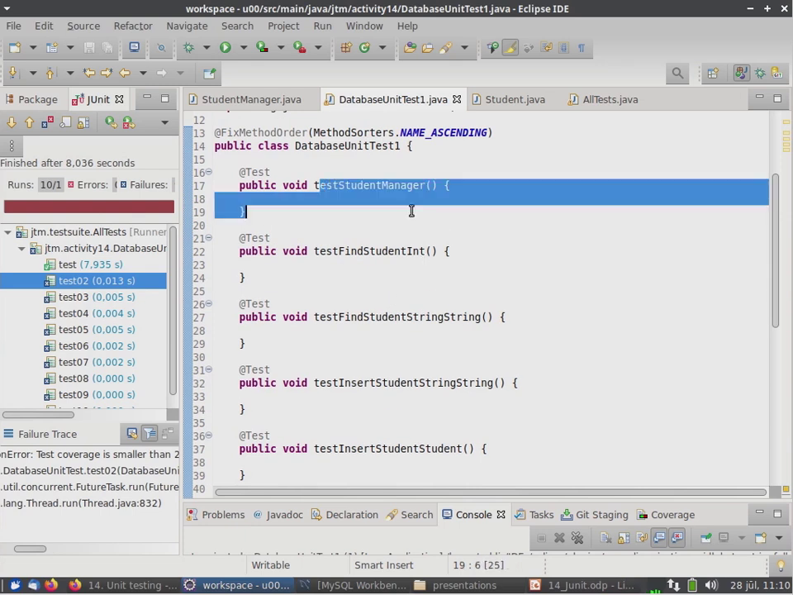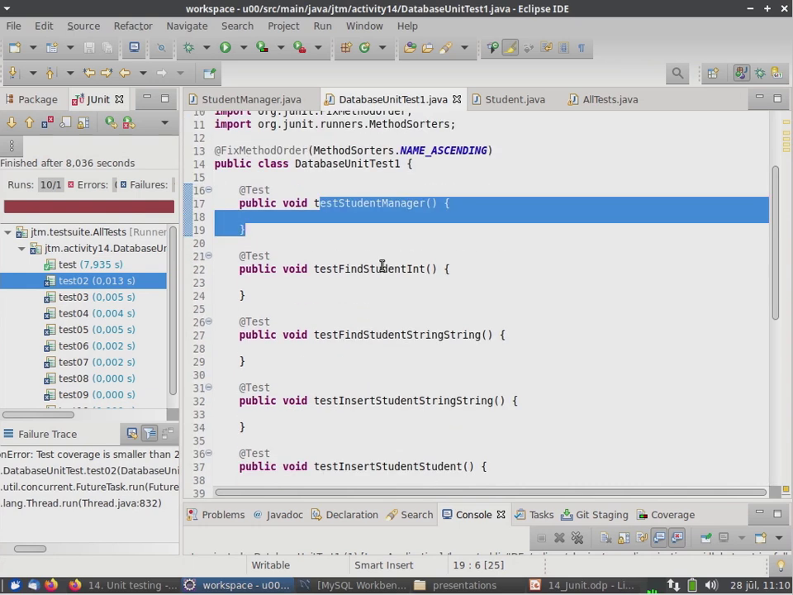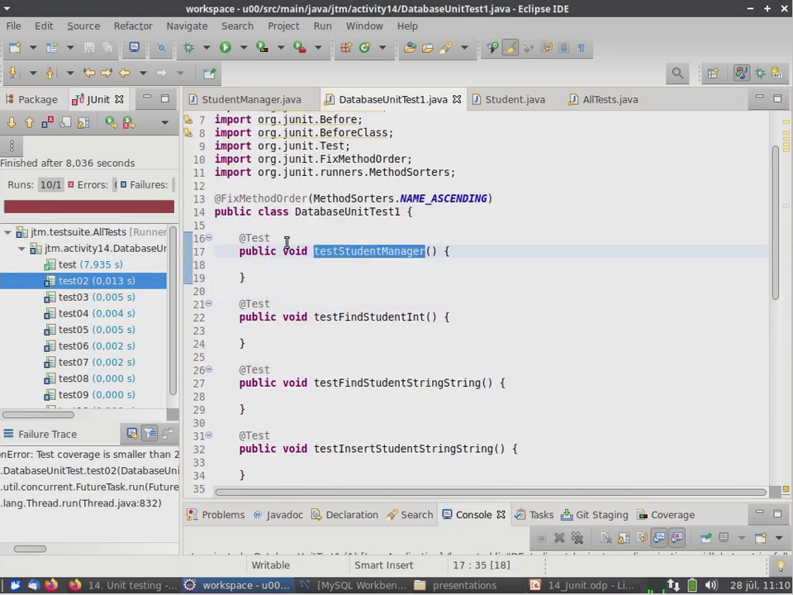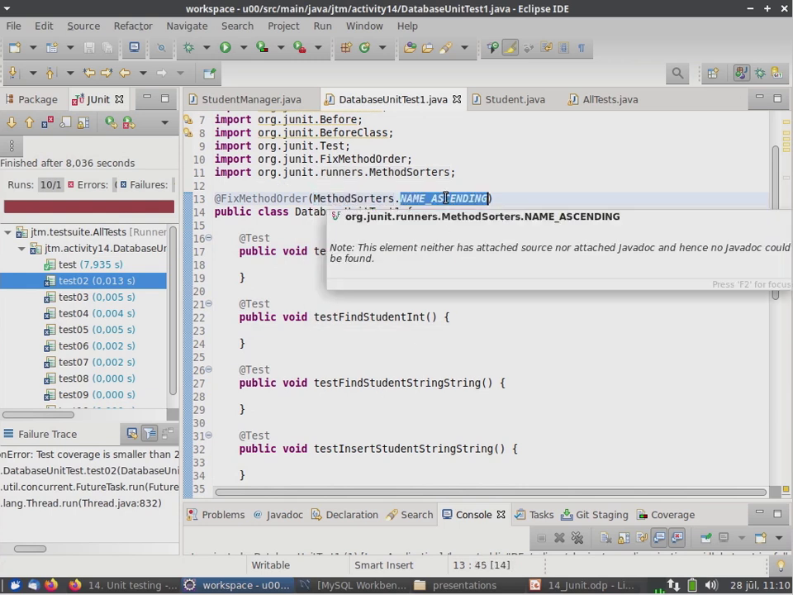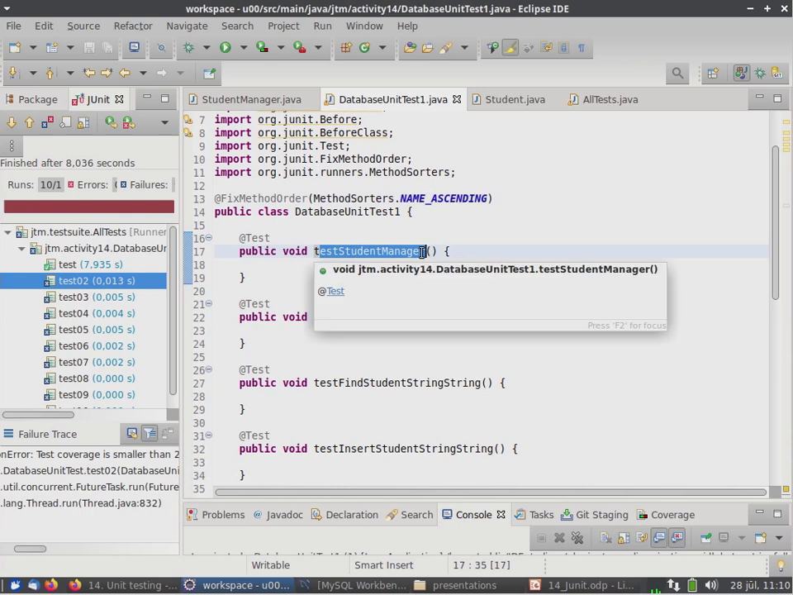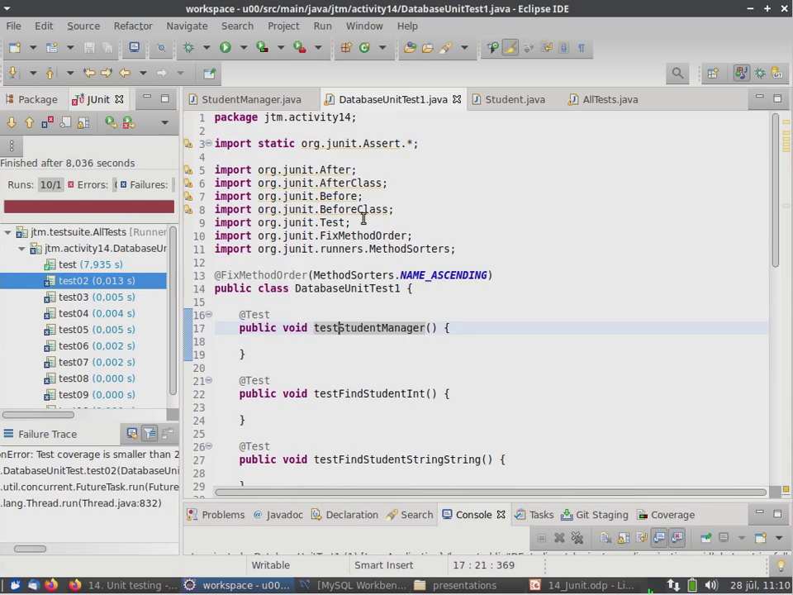And if we do CRUD approach, we will not start with find student. First we will of course start with creation of student manager. And if we say that method order will be executed by name ascending, so this will be executed in alphabetical order. And when we generate code, JUnit